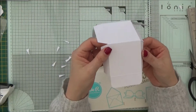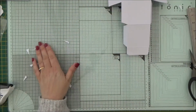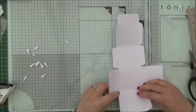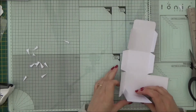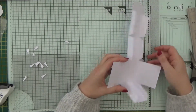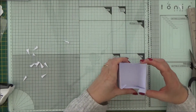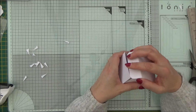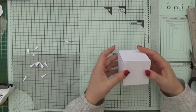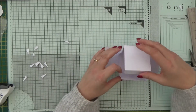Okay, so now we've got that. So now what we want to do is just check that everything's going to come up nicely, which it should do. And that's our lid, and it will just fold in there like that. So now what we'll do is we'll decorate our